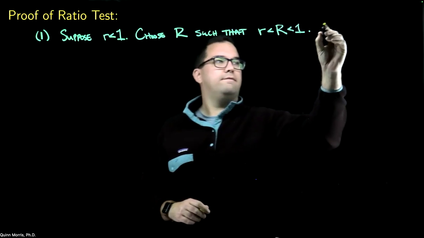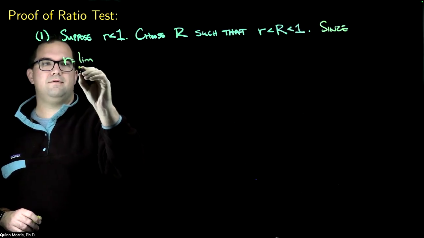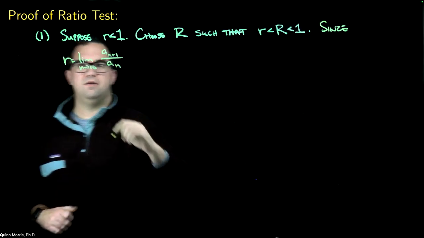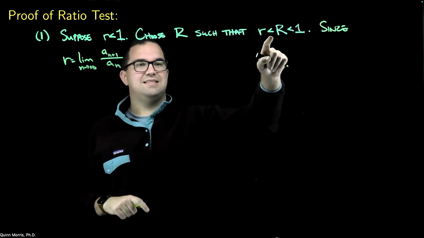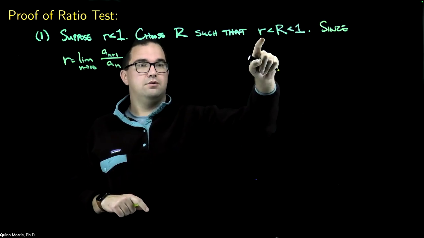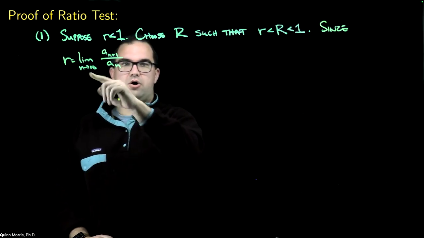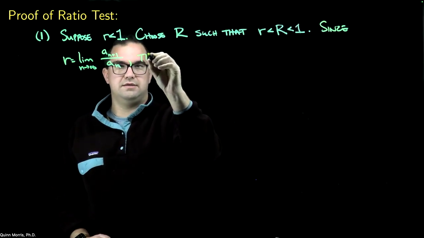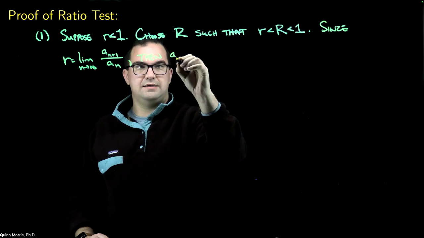Now, since little r is the limit as n goes to infinity of a sub n plus 1 over a sub n, eventually this ratio must get less than capital R. Why? Well, if it never got less than capital R, little r couldn't possibly be the limit. So since little r is equal to the limit, let me say this, then